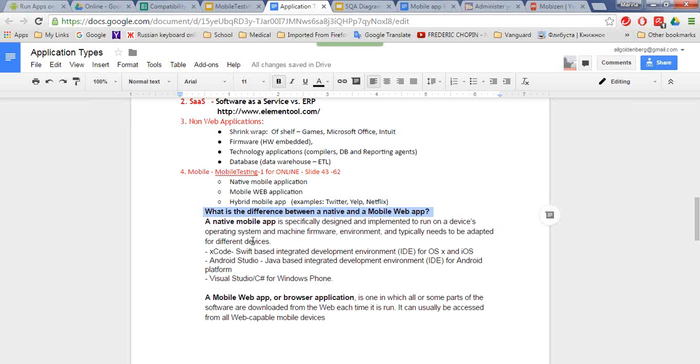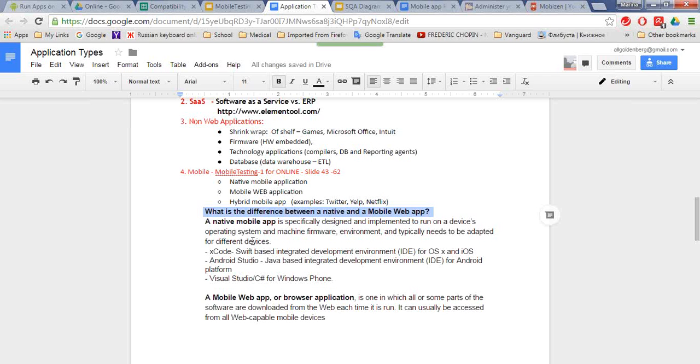So in a way, it looks similar to a so-called non-web application. It's a standalone application. When we install it, we don't download it from a marketplace, but at least we install it on our desktops. A native application is supposed to be downloaded and installed. And another, probably major, definition of a native mobile application